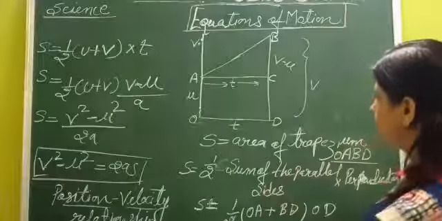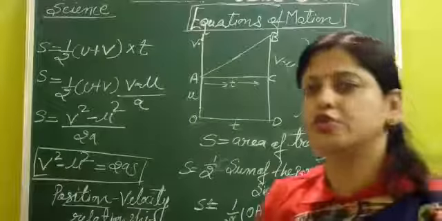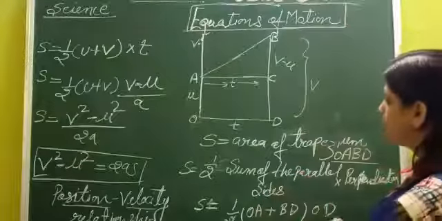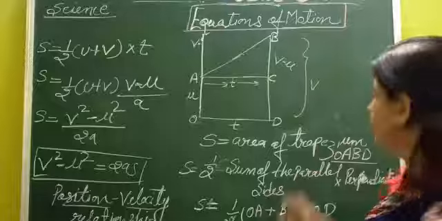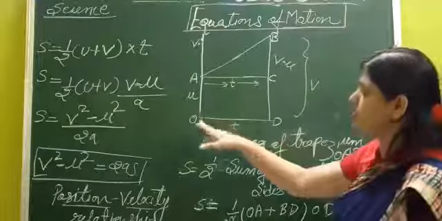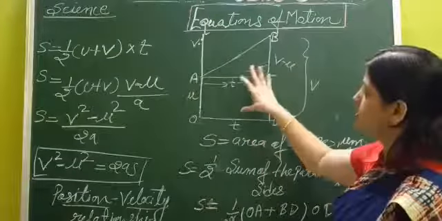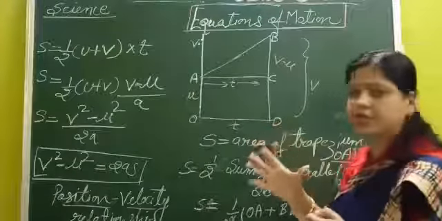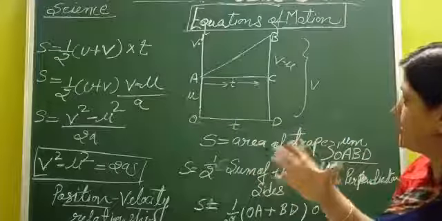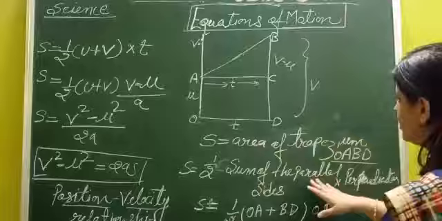So the third equation is V square minus U square equals 2aS. For the third equation we will take the area of a trapezium. Students, the area of the trapezium is OABD. This area includes both the rectangle and the triangle. So here we can write the area